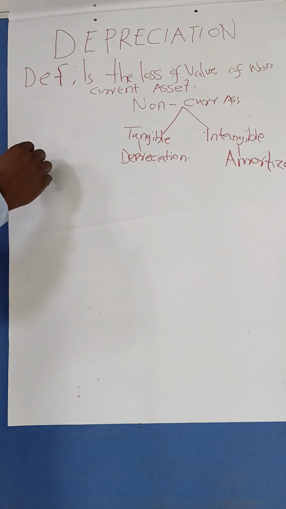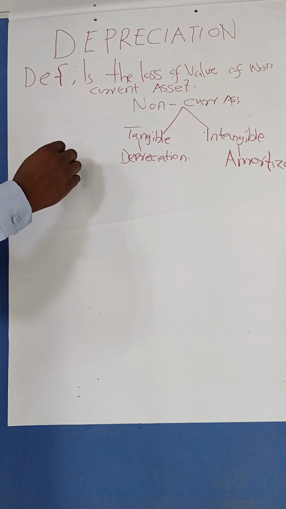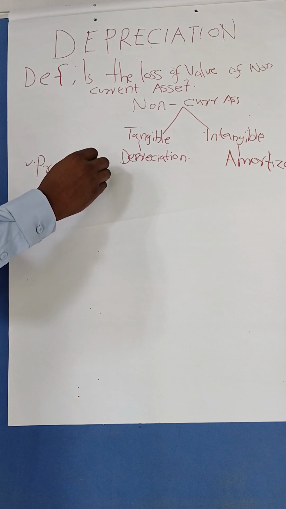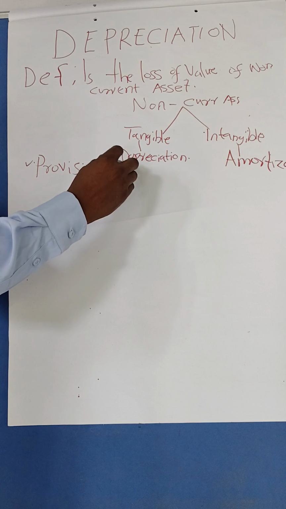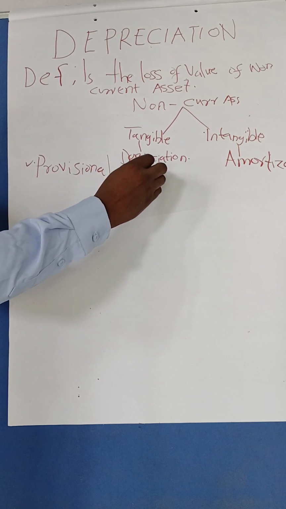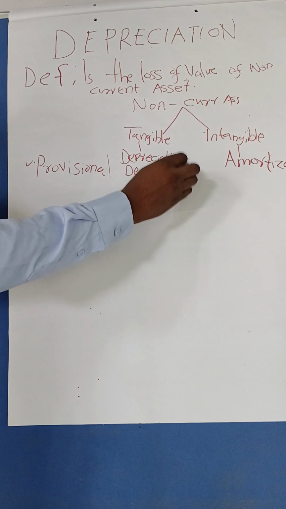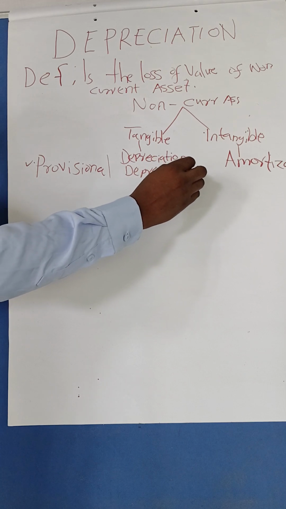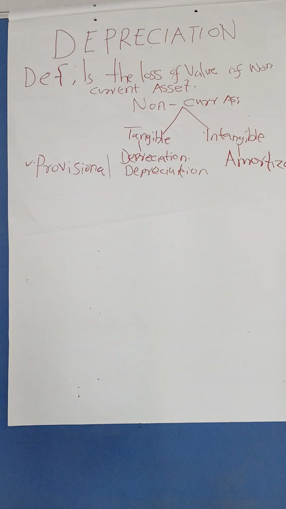So it is a legal requirement for us to come up with the provision of depreciation, whereby we are able to calculate the depreciation at a certain period of time. Then we deduct it from the cost that we bought the machine with, so that we can capture that in our financial position at the end of the year. You'll also see how we do it. Good.